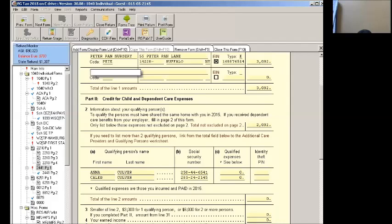It went from 3,082 down to 2,082. Why? Because you got dependent care benefits. Exactly. Because we can see on that, it says only list below those expenses not excluded on page 2. Total not excluded on page 2 is this. That exclusion, if you go to page 2 of the 2141,